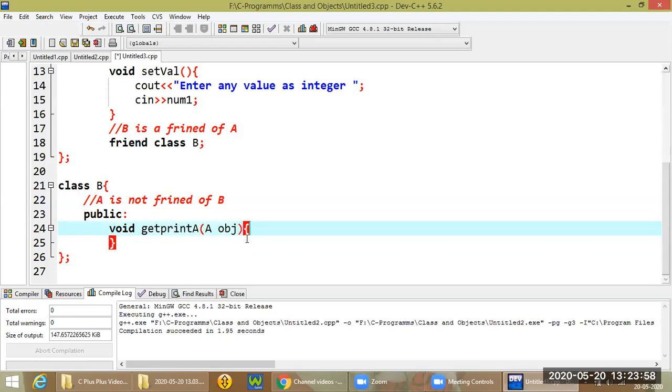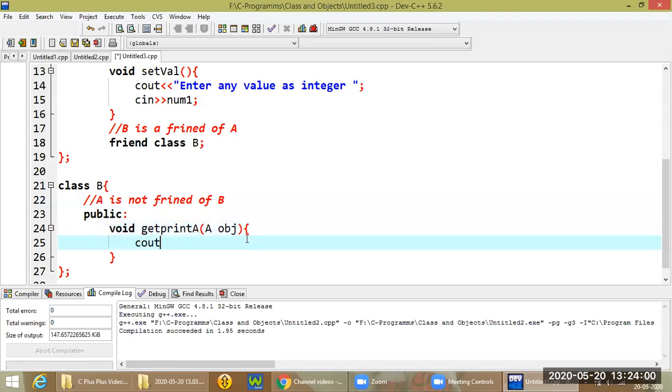Then cout the value of A's private member is obj dot num1.